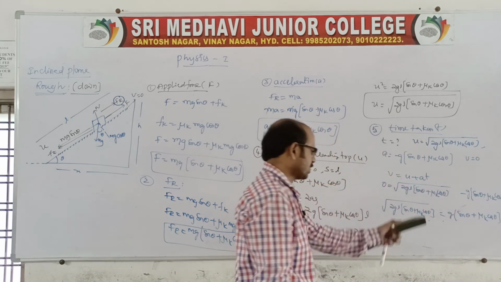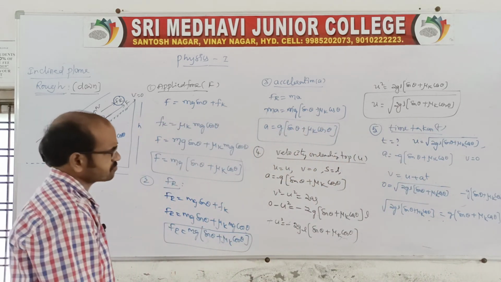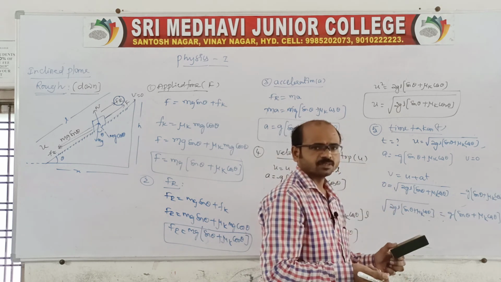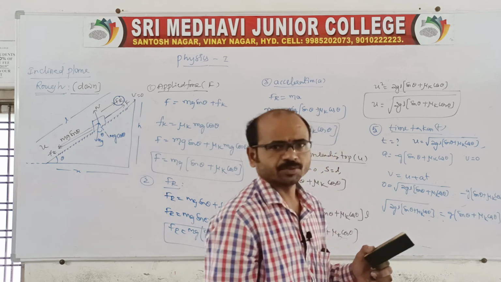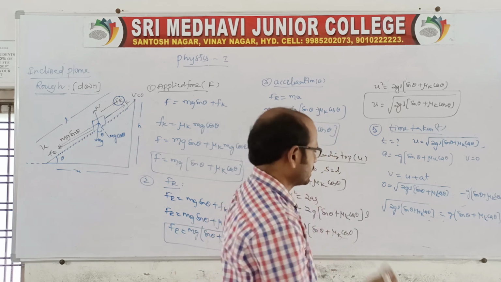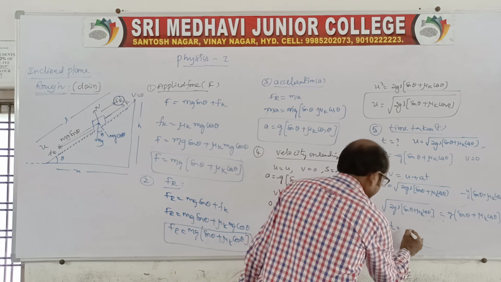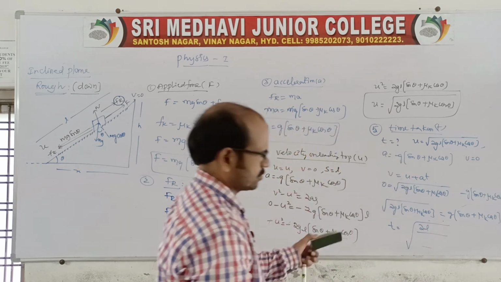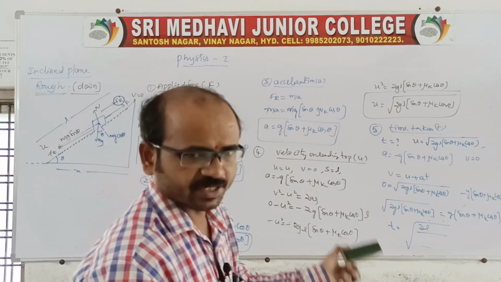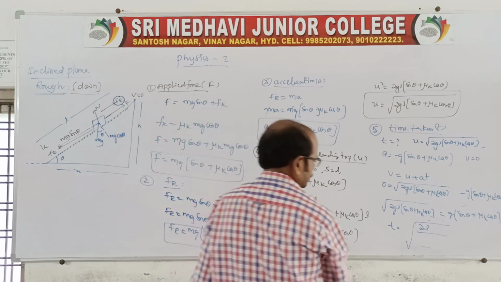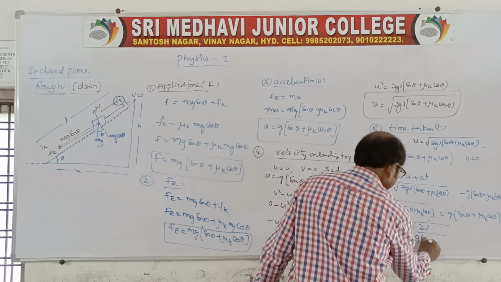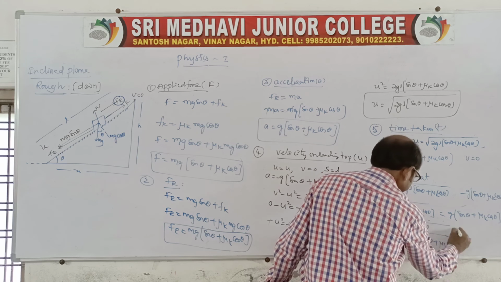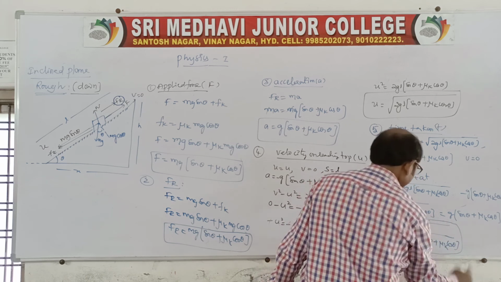Then for the time, again you divide this with this and make the cancellations wherever possible, since the terms are the same. Therefore the time will be t is equal to root over, I am giving the final expression now. You don't do the same again because we already did it in the previous case. So directly you write 2L over g within the bracket sin theta plus mu k cos theta. This is the time taken to reach the top.